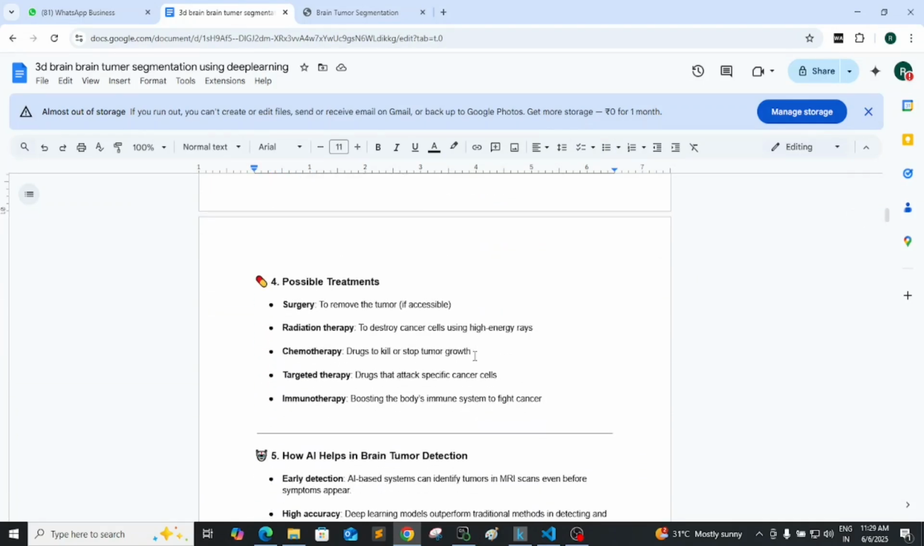What are the possible treatments when it comes to brain tumors? One is directly surgery to remove the tumor part and cure the issue. The next one is radiation therapy to destroy the cancerous cells and keep healthy cells as they are. Then comes chemotherapy, where chemicals are used to kill the tumor area. And then targeted therapy, again a drug-related approach, which is used to attack the specific cancer